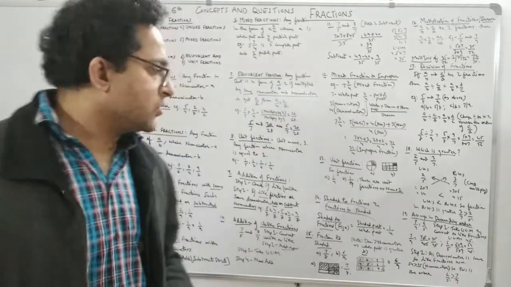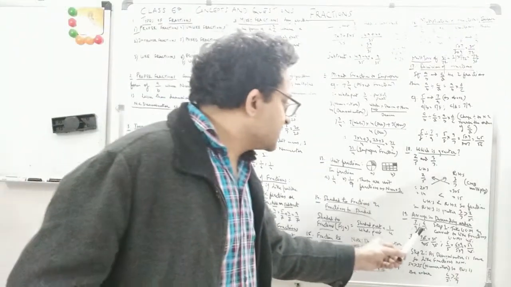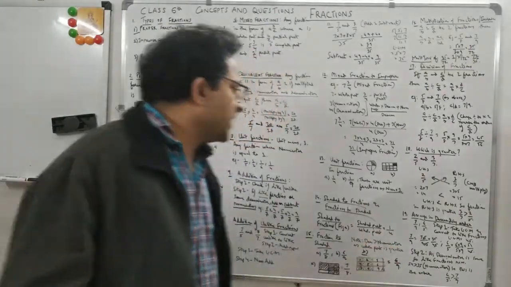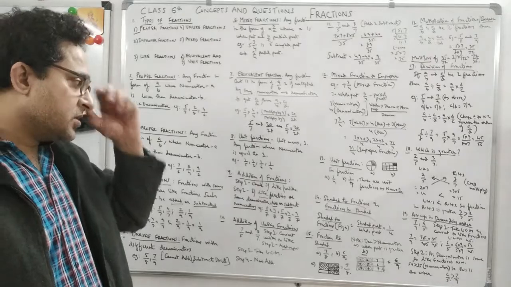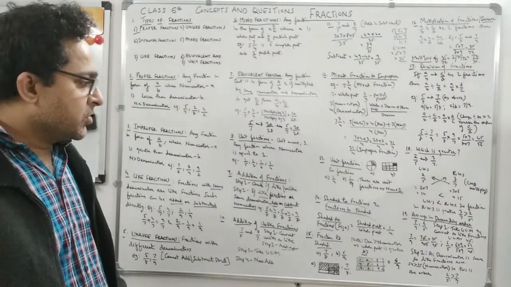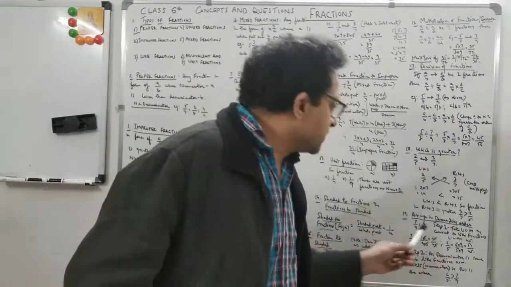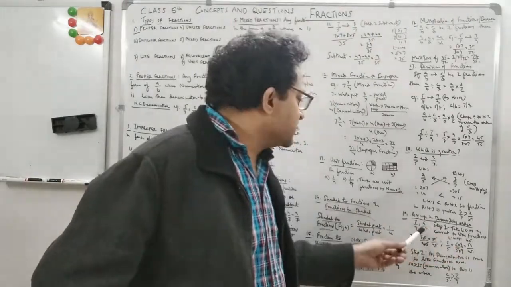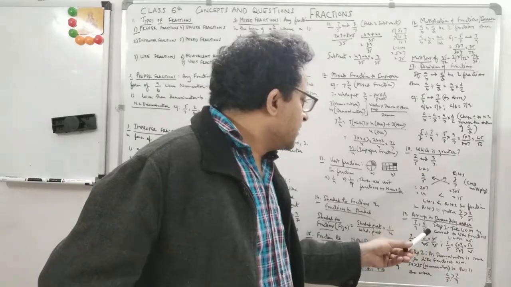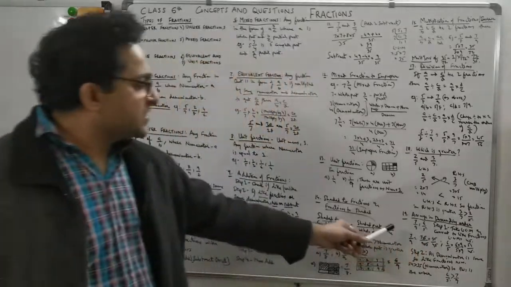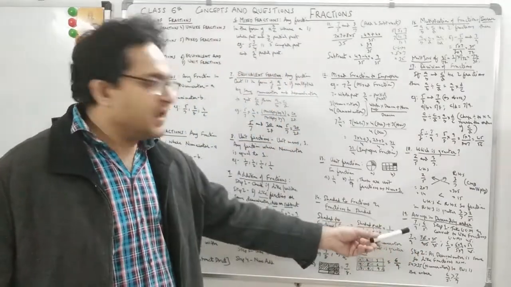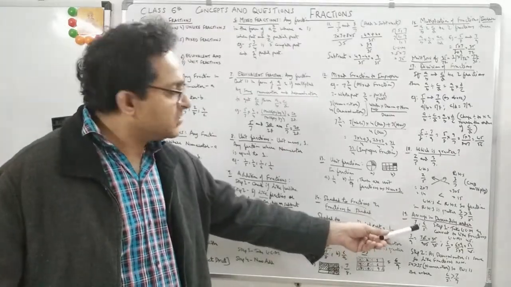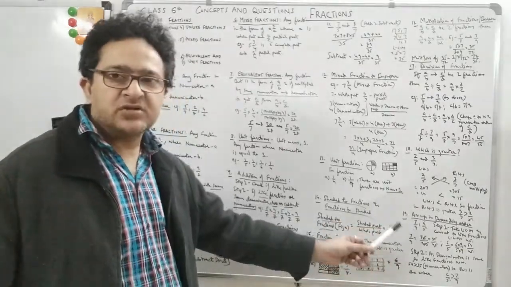So let's see this how. 7 by 9 and 6 by 5 are two fractions. So we have to convert this to descending order. There can be another 2 or 3 fractions, like you can have 7 by 9, 6 by 5 and 4 by 8. So n number of fractions can be there, there can be 3 fractions as well. So the logic remains the same, and the concept is the same.